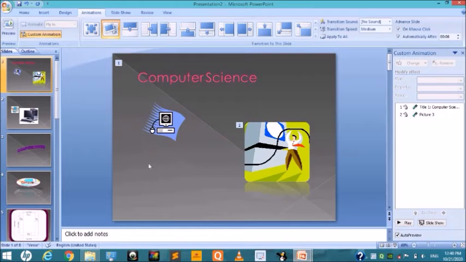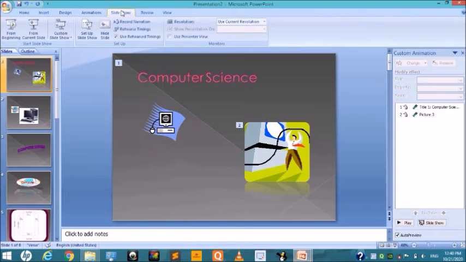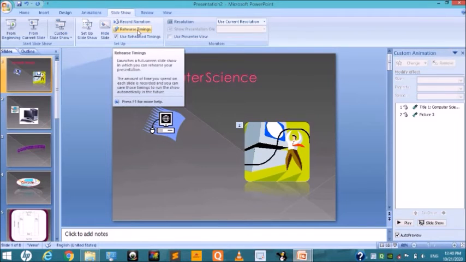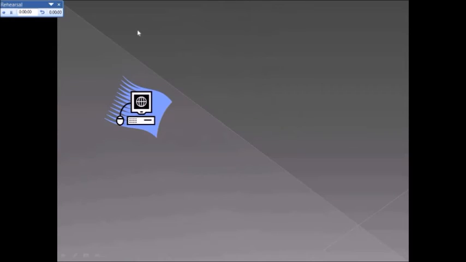So next is slide timing. In the Slide Show tab, look at here, the options are there. Click on Rehearse Timings. Look at here, the rehearsal option, we can take 6 minutes, right? After every 6 minutes the slide will change, right?